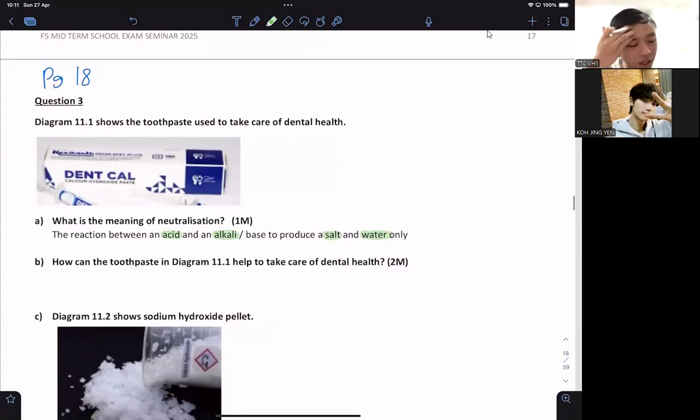Okay, so they ask, they give you dental toothpaste. What is the purpose of this? How does toothpaste take care of your teeth? Okay, so in this case,